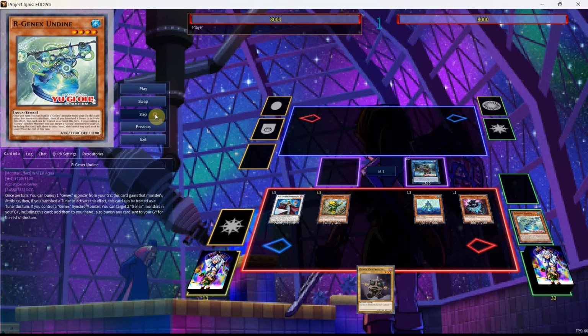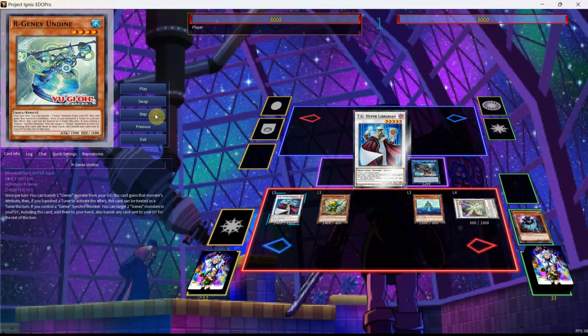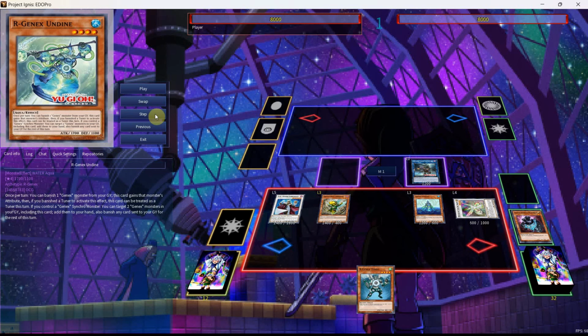But we're going to get our Genex controller now, and from here we'll be able to use the effect of the Repaired in order to bring out the vanilla Genex controller, go into our Herald, as we're then going to get the draw off of the Hyper Librarian, and this is pretty important because it gives us a draw so